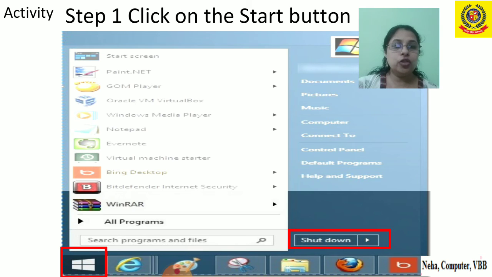Then we are going to click on the shut down option. Got it? As we click shut down, we have to wait for a few minutes or seconds. The computer takes some time to turn off. We have to wait for that, and as we wait, the computer gets off.